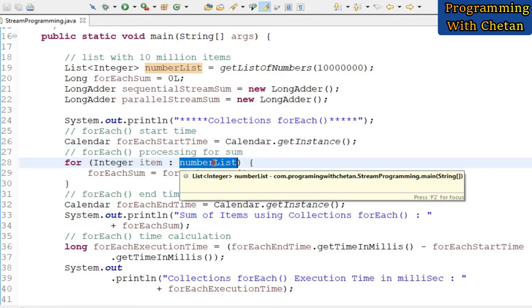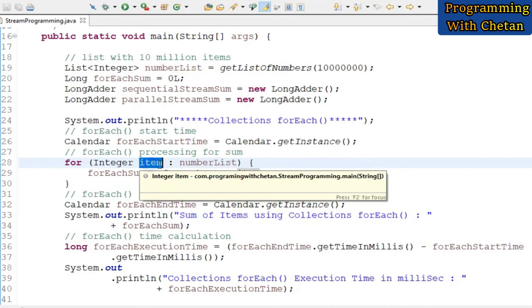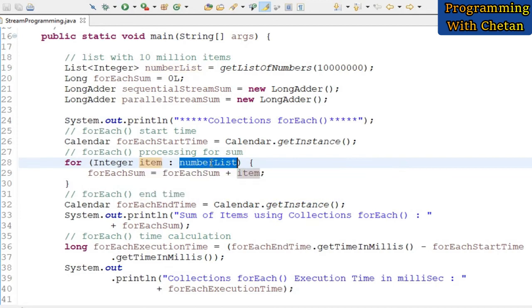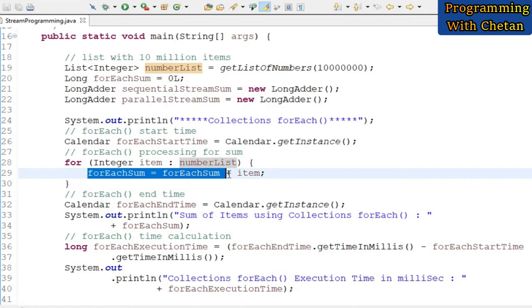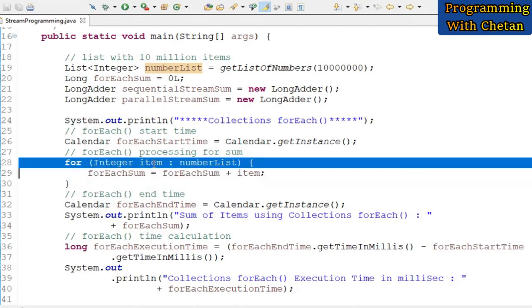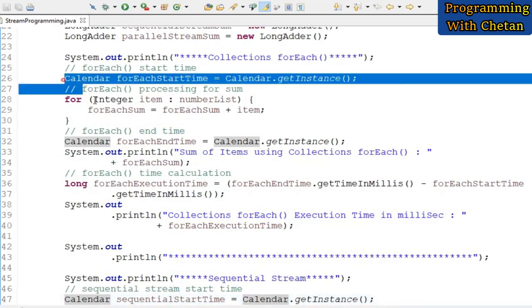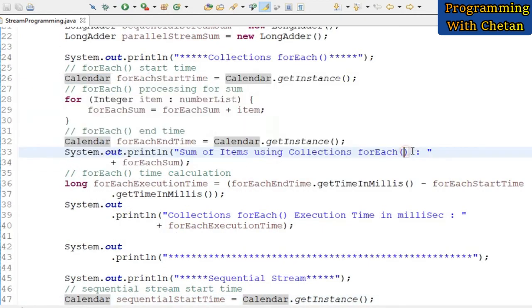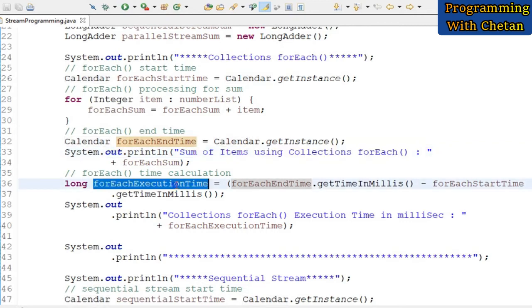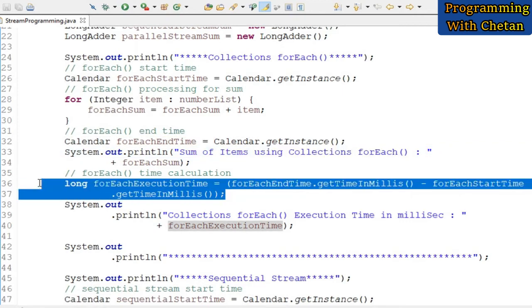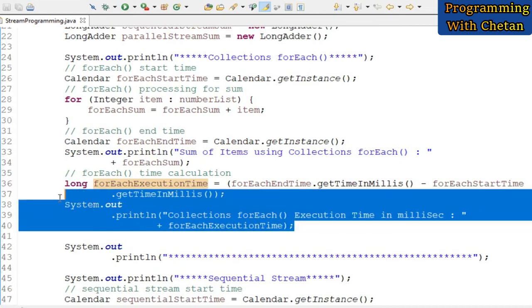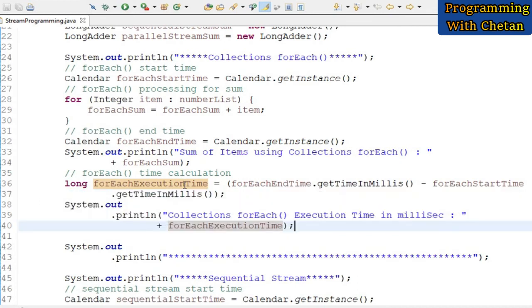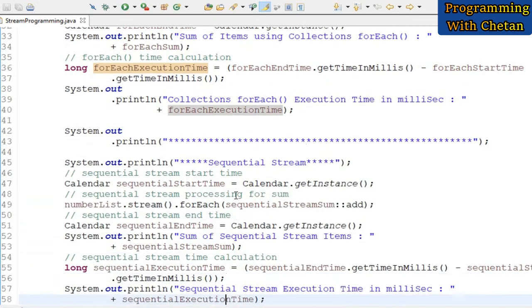Here we have a number list, and we are accessing each item of our number list. In this statement, we are calculating the sum of each number item. After execution of these statements, we print the sum of the for each loop, and I am calculating the execution time in milliseconds and printing it. With the help of this, we will be able to determine the performance of each iteration. So this is our for each loop.